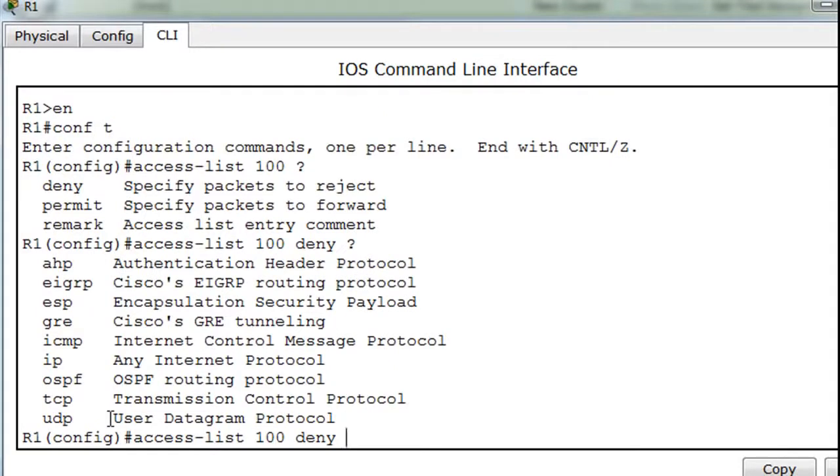And unlike the standard access list where we could now just go straight to our IP address, the source IP address to block, in an extended access list we can do other protocols. So you can see not just IP, which would be IP addresses, but we could do TCP, UDP, other things. So what we'll do is we're going to block IP. So we're going to say deny IP, and we'll say now the source address